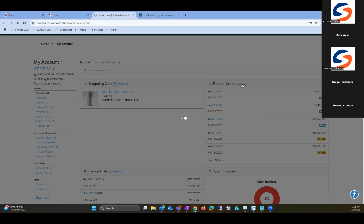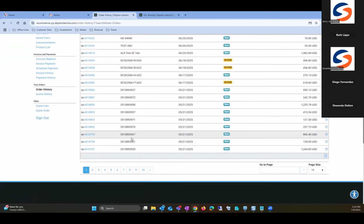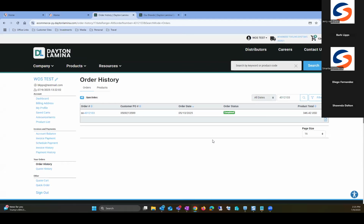SE orders in the Dayton Lamina world are e-commerce orders, but SO orders are call center orders, and so on, entered directly, or maybe EDI orders. So they can see here pages and pages of orders for this customer. They can also search on a particular order number. Maybe they're looking for some information on a particular order number. They can put in their order number, search, and it then brings back that order here,